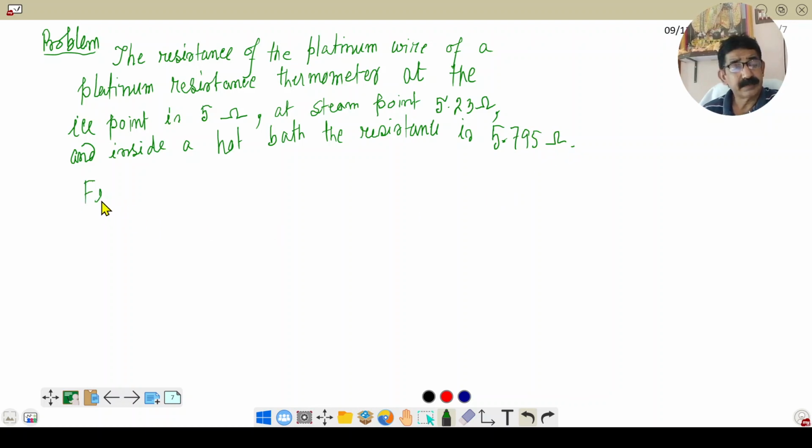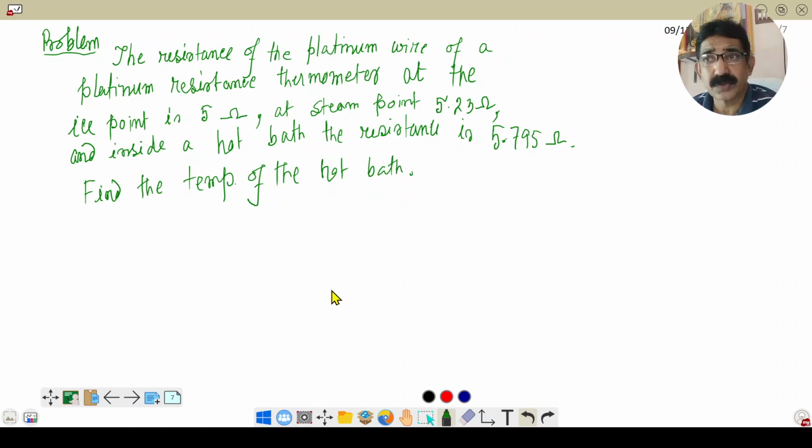Find the temperature of the hot bath. So before solving this problem, we have to discuss the working principle of platinum resistance thermometer,